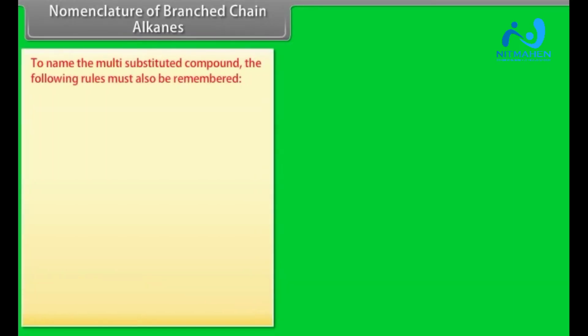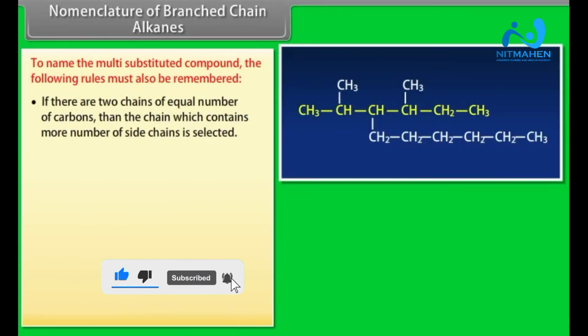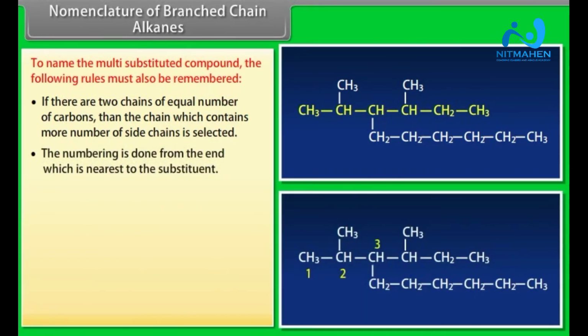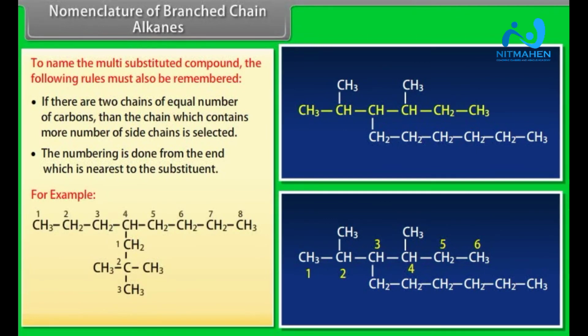Nomenclature of branched chain alkanes. To name the multi-substituted compound, the following rules must also be remembered. If there are two chains of equal number of carbons, then the chain which contains more number of side chains is selected. The numbering is done from the end which is nearest to the substituent. For example, the IUPAC name of the given compound is